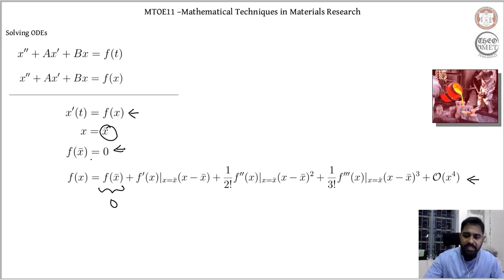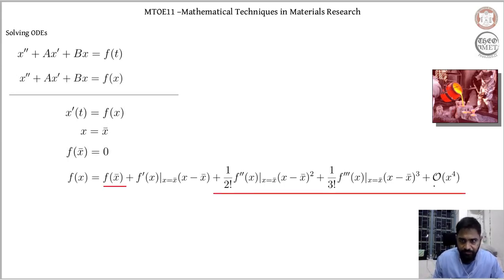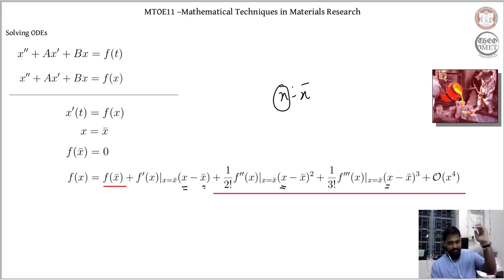Now, if you consider the other terms here, what we are essentially considering are the positions that are close to my x bar. In x minus x bar, this x indicates the positions that are close to my x bar. So I have an x bar, at which my f of x bar is 0, my momentum is 0. I'm considering all the positions that are close to my x bar. So x minus x bar tends to 0. My position is close to my x bar.